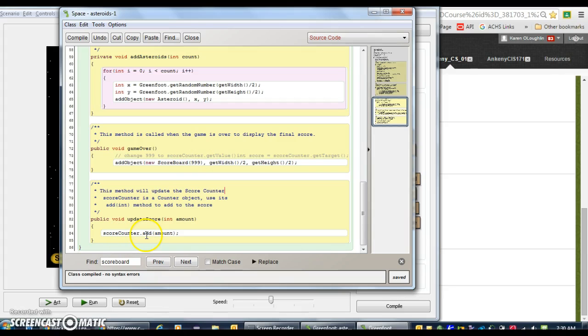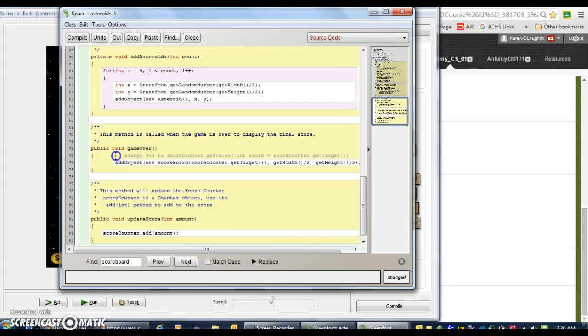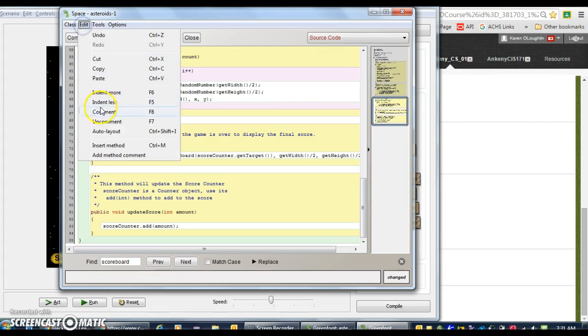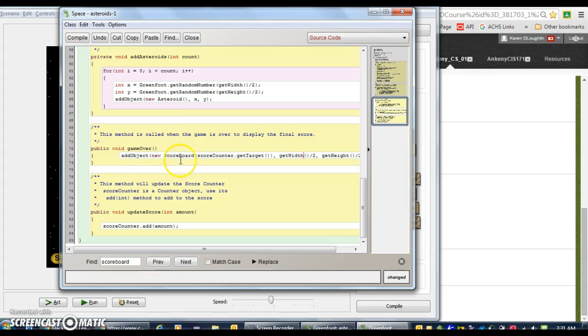Score counter had an add method, but score counter also has a get target method. So I'm going to call the score counter and get the target. And you might have to go back and look at that class to look at the code. I'm going to delete that comment as to what I needed to do. And don't forget to always refresh and do your auto layout, Control-Shift-I. That should change the score,